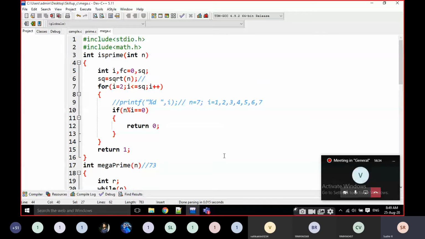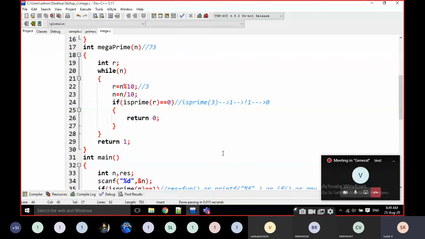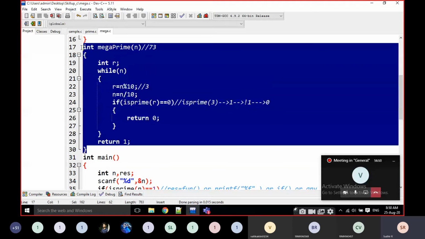In one function only I am writing all this code, is prime of, is mega prime of. It is very lengthy, so just note down this logic only. This logic what I am doing here, I am going to save in GitHub and you will work on this.